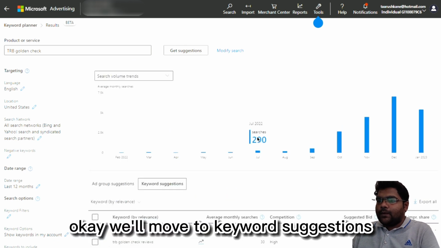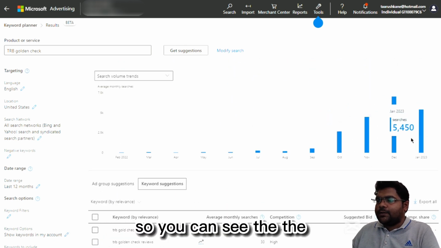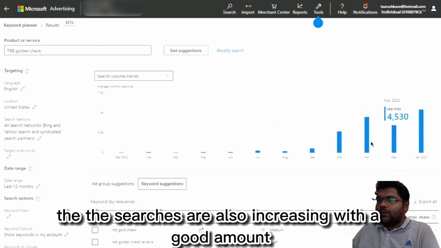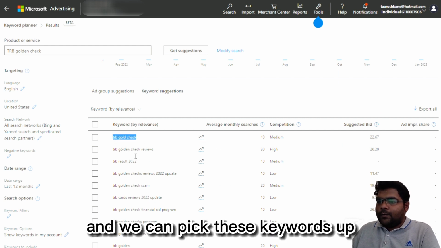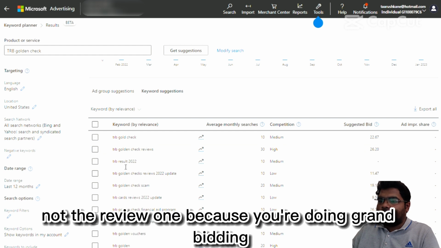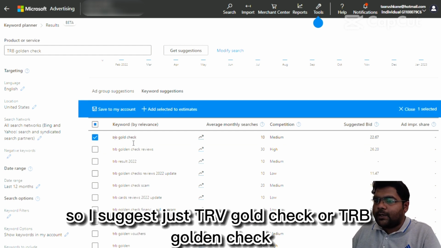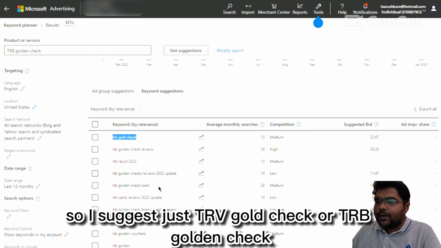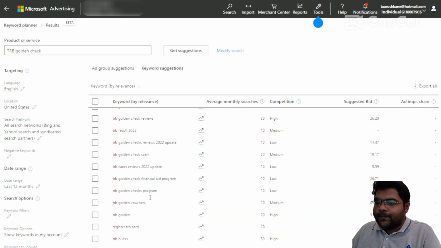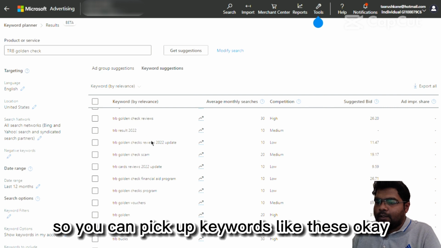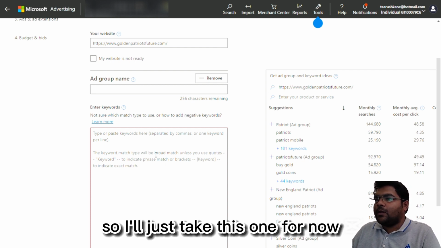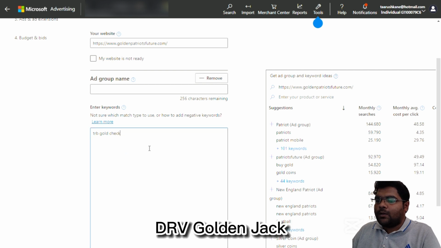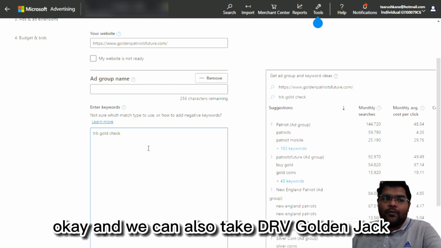Okay, we'll move to keyword suggestions. So you can see the searches are also increasing at a good pace, and we can pick these keywords up: golden check, TRB golden, not the review one because you are doing brand bidding. So I suggest just TRB gold check or TRB golden check program, this one. So you can pick up keywords like these. Okay, so I'll just take this one for now, TRB gold check. Okay, and we can also take TRB golden check,